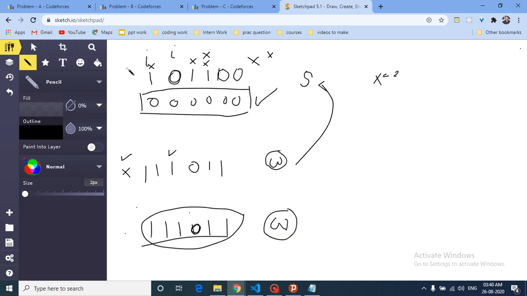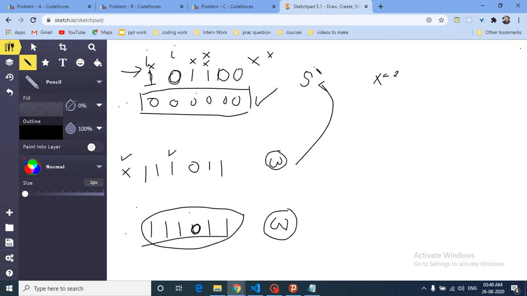We will iterate over S from left to right, and check that for every 1 which is present, there should be at least another 1 present in W at position I minus x or I plus x, and for 0 both of the I plus x and I minus x should be equal to 0. I hope you understand. We have formed the W string given the constraint of S, and then after forming this W we are just double checking it.